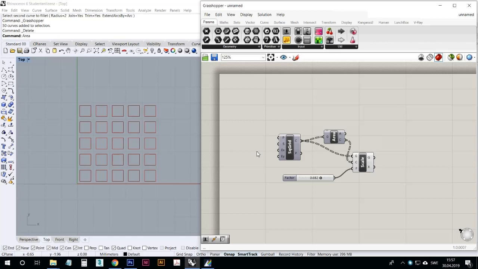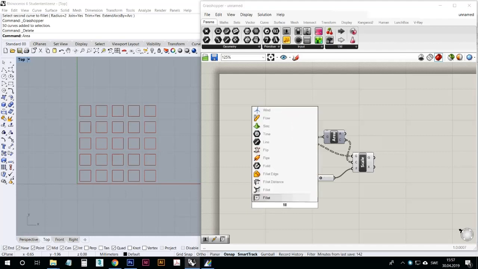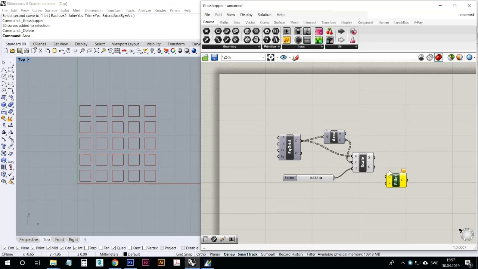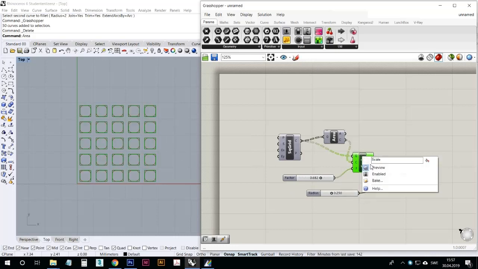So to answer the question about the problem we had before when I drew in Rhino, could I edit all of these at one go? Yes, I can, because I can then find the same command here, fillet. So I can fillet the radiuses, making round corners on all of these in one go with a slider like this. And if I hide the previous one,